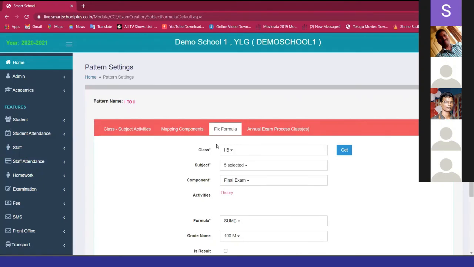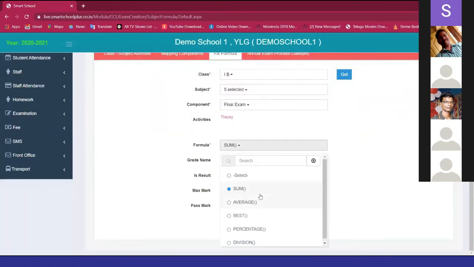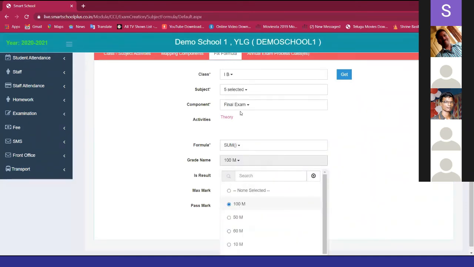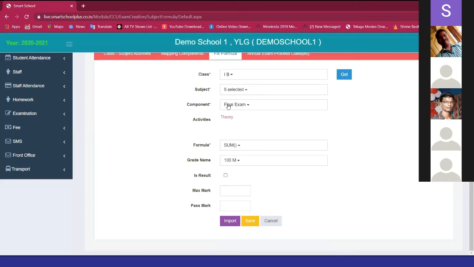Here I applied some formula. Different types of formula are available: average, best, and division options. Everything is available here. I selected the 100 mark grade. If this subject is applicable for the result, I select the result option. I am fixing the maximum mark and pass mark for the subject and save the record.